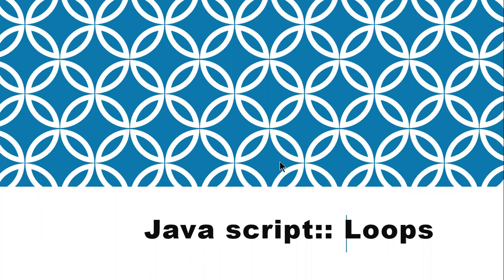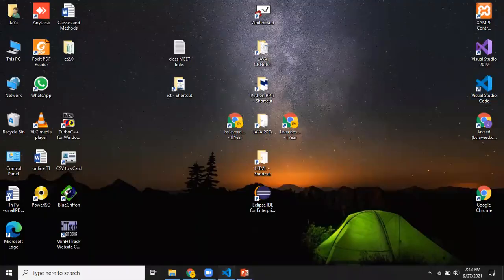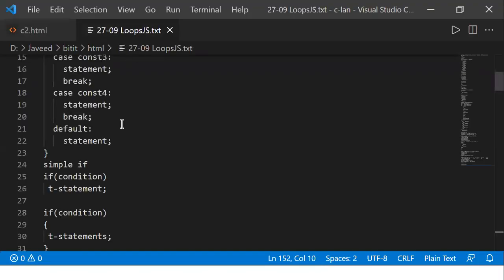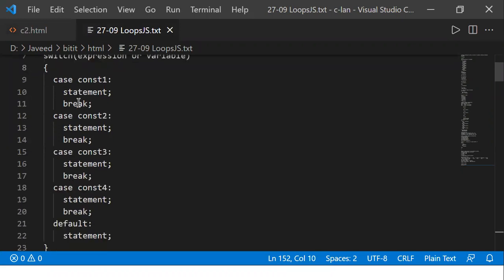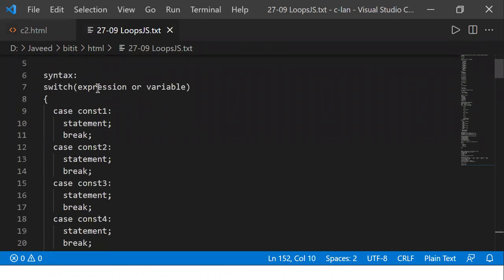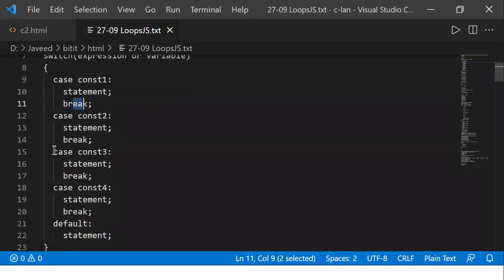Okay. Before we move on to the loops, let's have a revision of what we did with the help of switch. When we talked about switch, we said this is the syntax for the switch. We'll be writing switch based upon some expression or a variable. And then we'll be writing case some constant statement one, then break. When you write break, it just comes out of the switch statement when it comes across the break. If I'm not writing break, then the difference is slightly going to be there. Let's not worry about that. We'll talk about only with break.